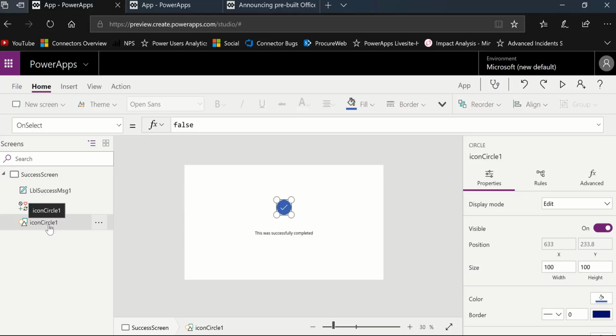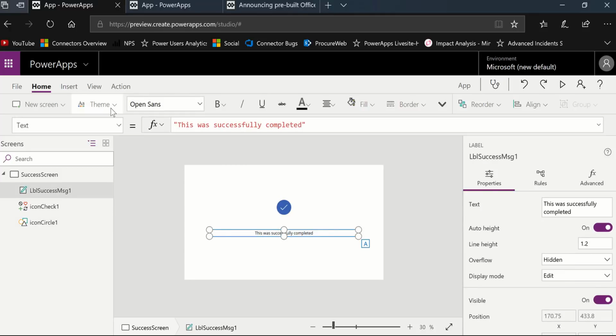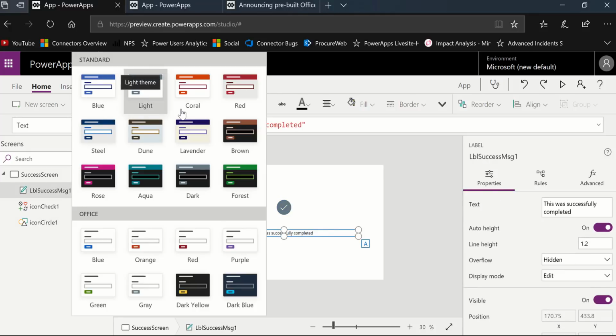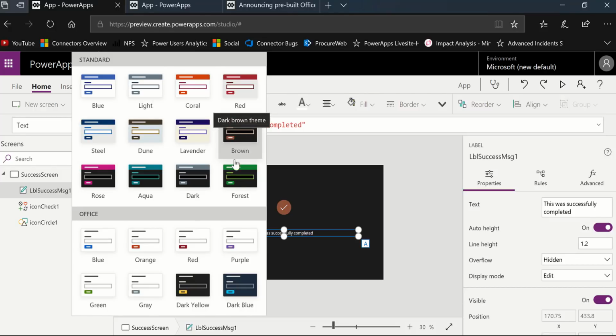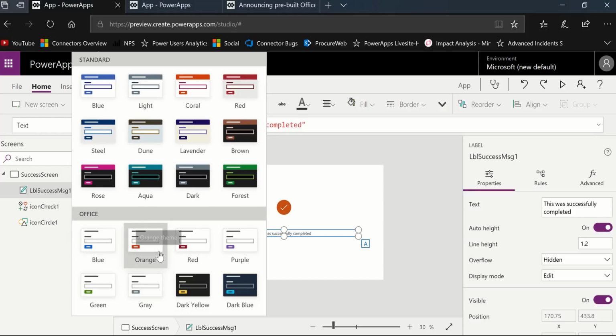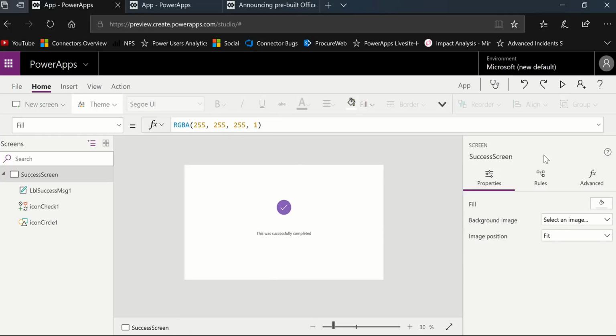So you can use this screen for many different purposes. All you have to do is edit the icon if you want to, and or edit the text. And what's interesting is this will respond to theming. So if I change the theme, guess what? Everything will change as well. So you can definitely use your themes to make these look more fun, or more in line with what you